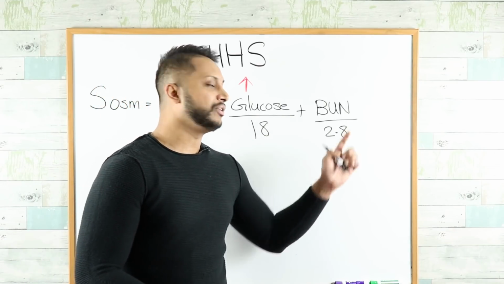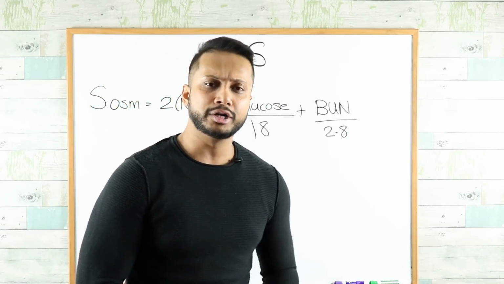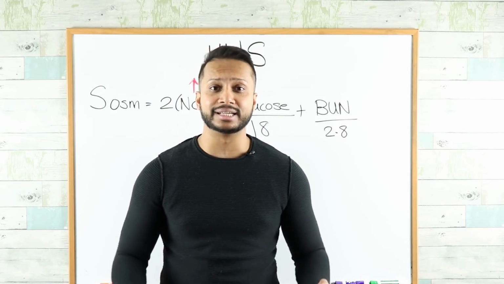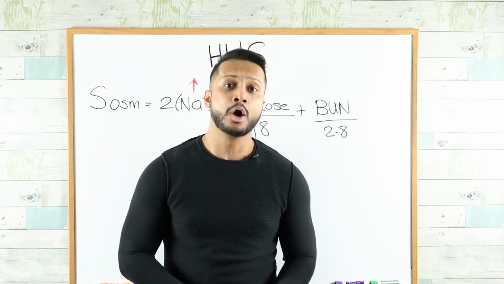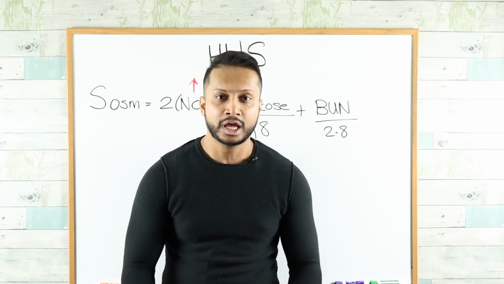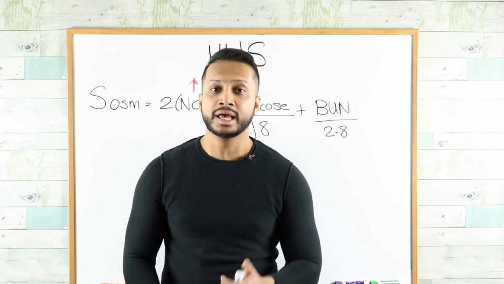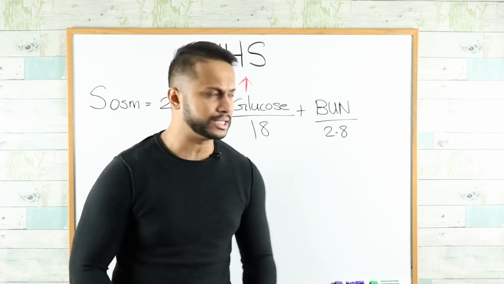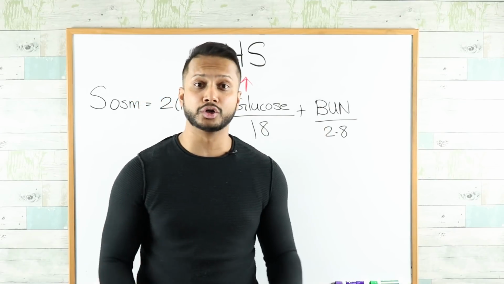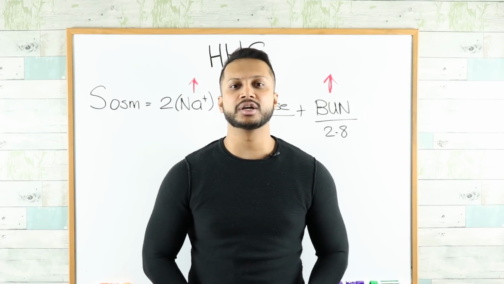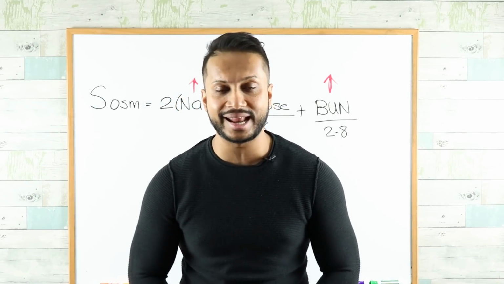Now, number 3, we've got BUN. As I already told you, patients with HHS have long-standing diabetes, guys. If you have long-standing diabetes, what's going to happen to your kidney function? Your kidney function is going to be declining. If you have declining kidney function, can you eliminate your nitrogenous waste products in your body efficiently? No, you can't. So your BUN levels are also going to go up. So because of these 3 factors, you are going to have a high level of serum osmolality in your